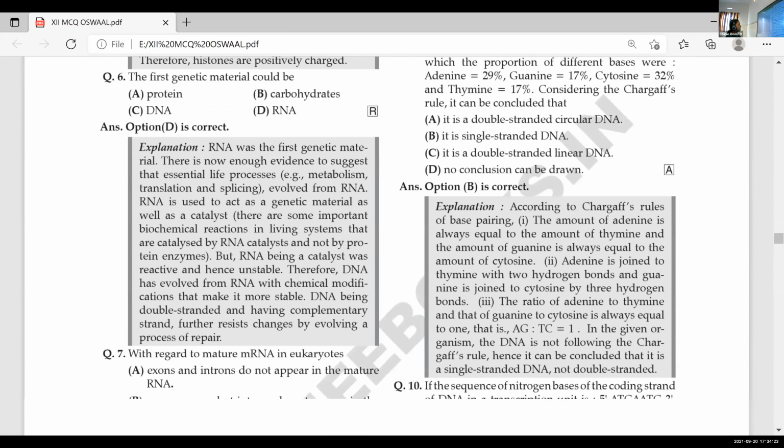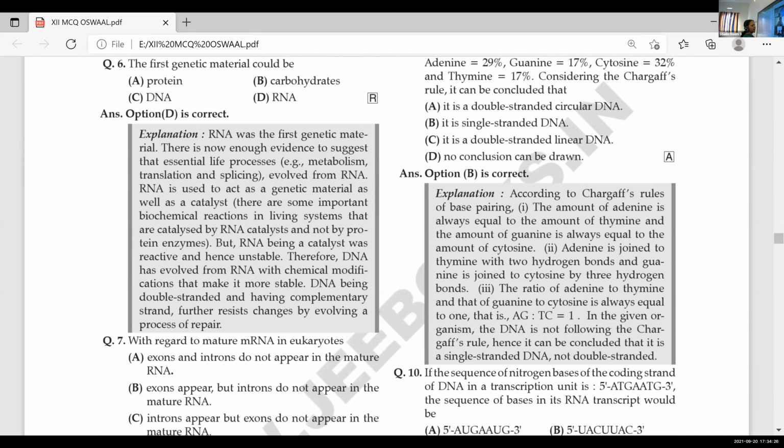With regard to mature messenger RNA, I think some are keeping quiet. I will ask those students who are not saying the answer. All take turns and answer. Otherwise you will feel sleepy. Children, I had asked you to revise it topic wise. I know you might not have revised this topic, but we recently completed the chapter. Another limitation is that we cannot get topic wise questions. It is chapter based questions, but at the same time I want you to cover one topic. That's why I have given you a particular topic. Yes, Steffi, you are writing it down?